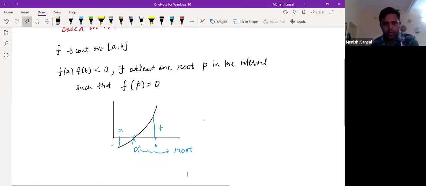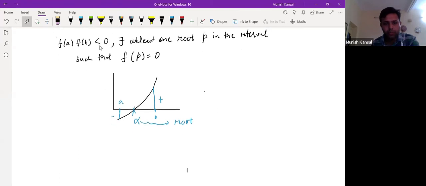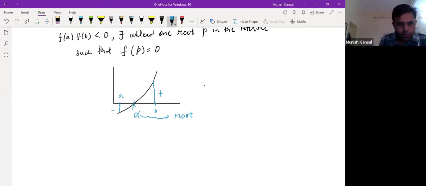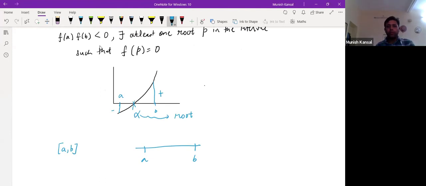Now, the bisection method is based on this property. We start with the interval a to b, and in this particular interval we are going to find the root. Once you find the interval ab with the help of the toolbox that we discussed in our previous lecture, or you can make use of your fplot command, you will be able to find the interval where the root is lying. Once you get this initial interval, you can proceed with the numerical method.